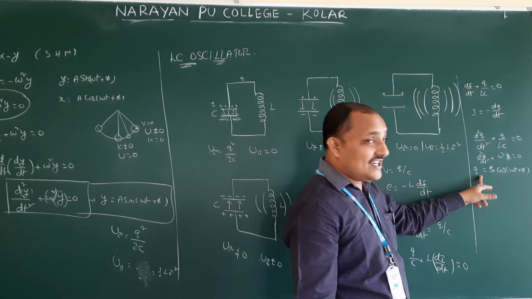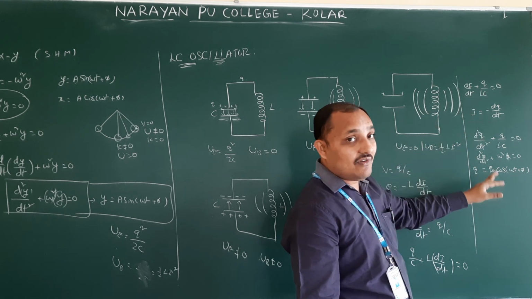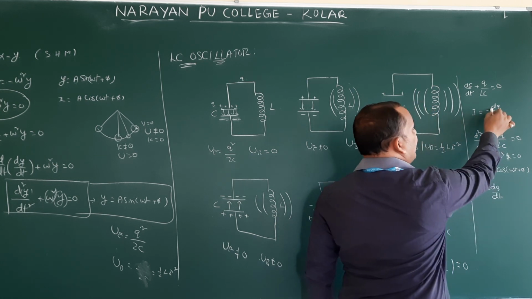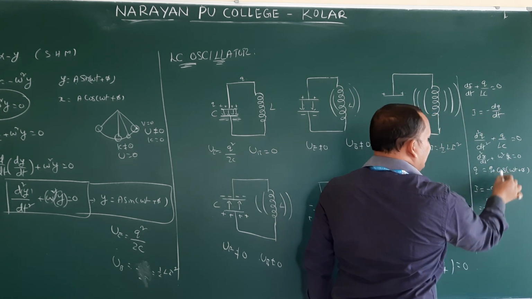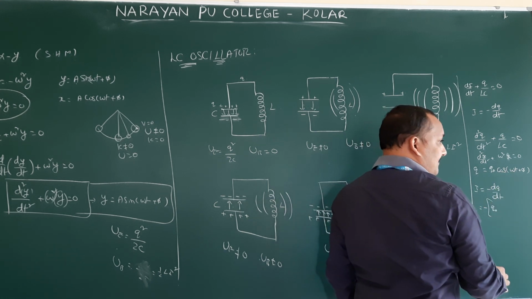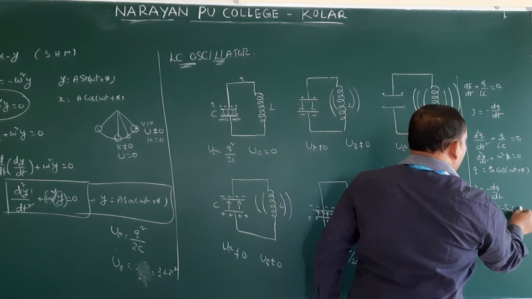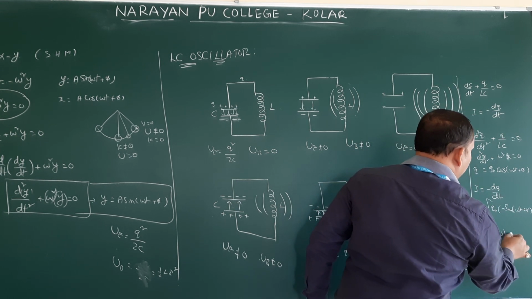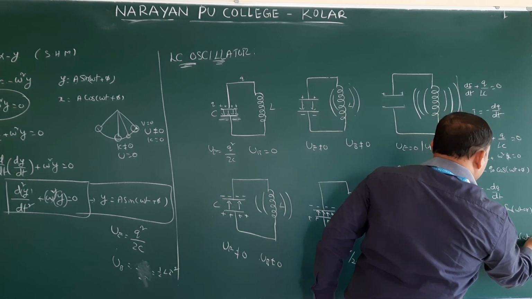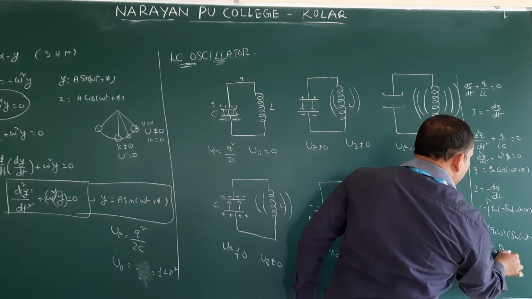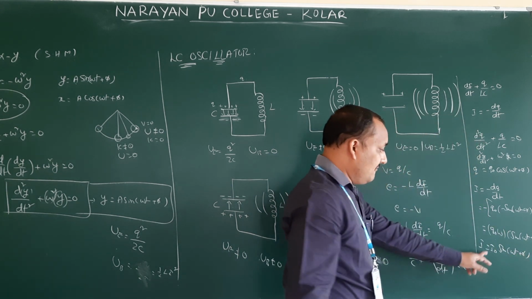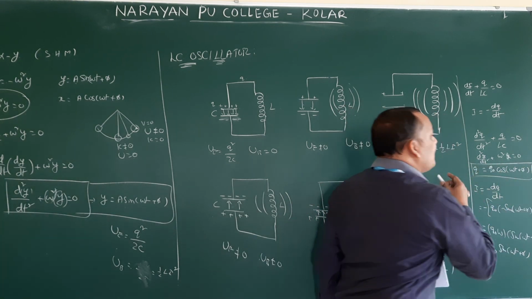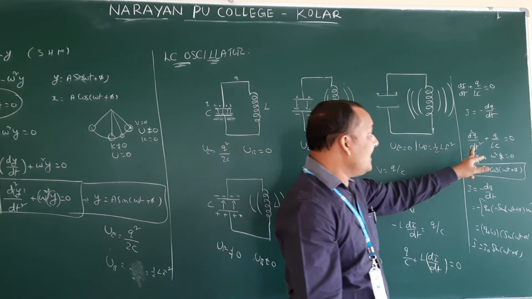Why? Because if you differentiate this one, I is equal to minus dq by dt, then what will you be getting? You can check. Then why I wrote minus, you will understand. Minus derivative of this one: q naught, derivative of cos theta is minus sin theta, minus sin omega t plus phi into omega. Minus minus will be cancelled. Q naught omega sin omega t plus phi. I is equal to I naught sin omega t plus phi. What is I naught here? Q naught omega. So this is the solution. Therefore, q is equal to q naught cos omega t plus phi is the solution for this equation.